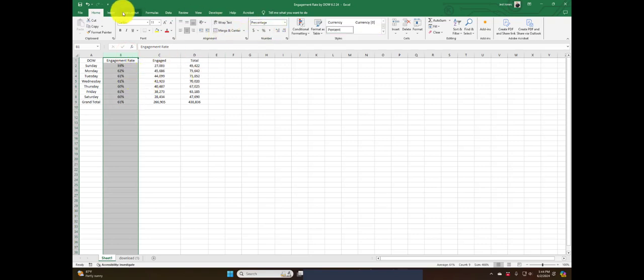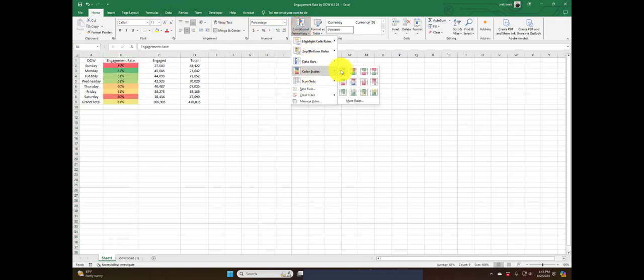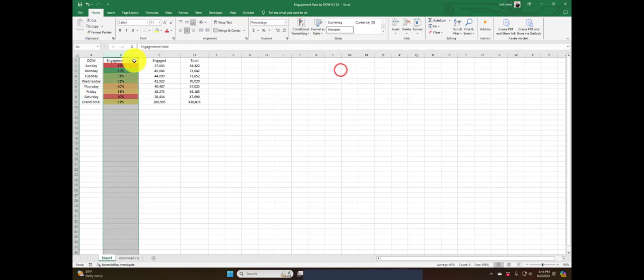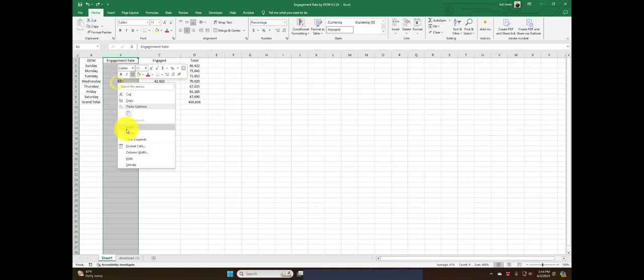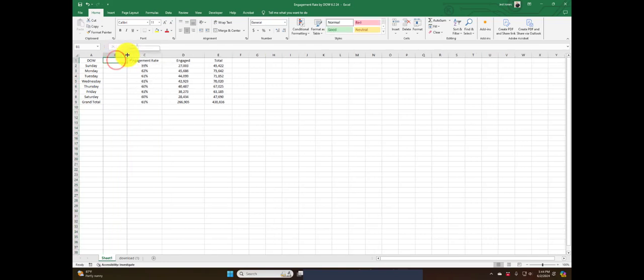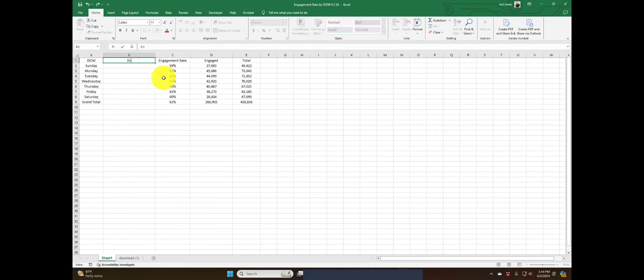You can add some color to it if you want by going to conditional formatting, color scales, and you can kind of see now. I prefer to see this as an index 100. So what I mean by that is I'm going to convert it to an index, okay? And that'll make sense in a second. So I'm going to call that engagement rate index because it gives me a better sense of the relative engagement rate. So to do that, I take this divided by the average, which is down here,